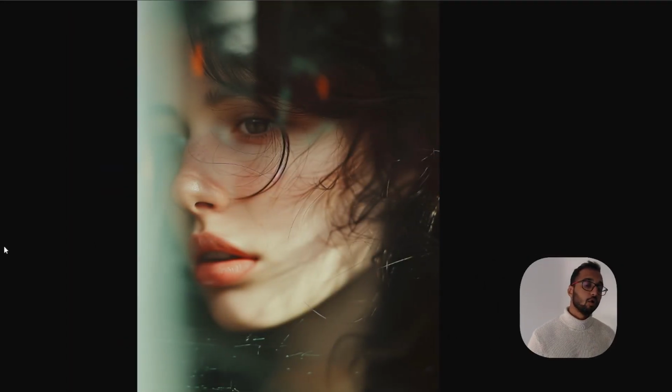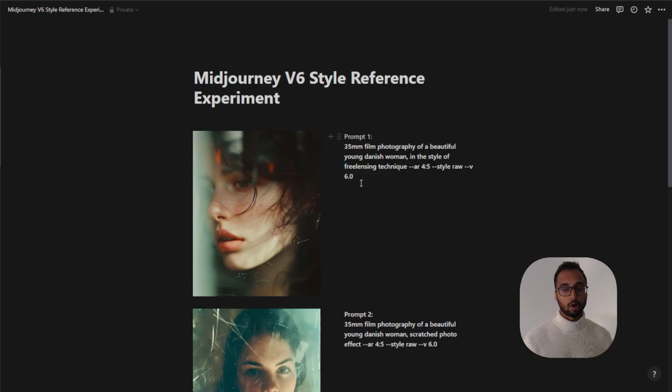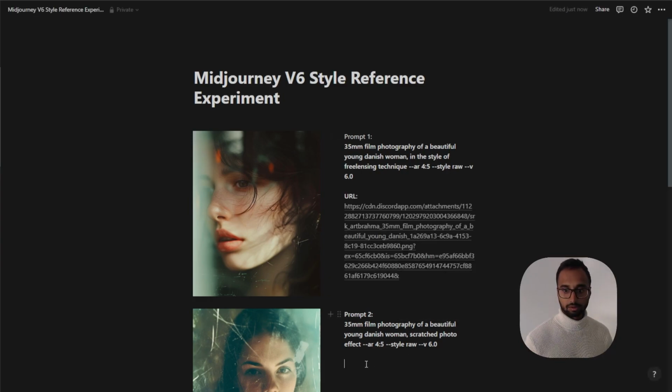All right, so I've opened up each one of these images in my browser so that I can copy and paste the URL of this, right? So this is my first image. This is my second image, and this is going to be my third image. And I'm going to form a prompt structure for this. So I'm putting it all together in this Notion document. So the URL is,